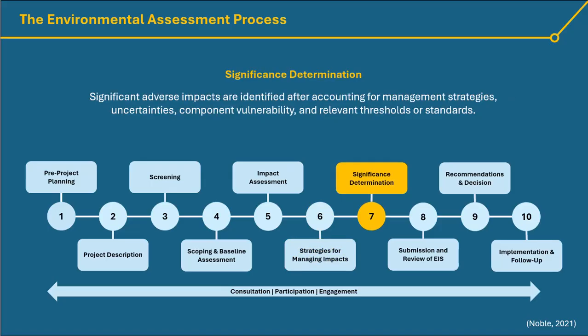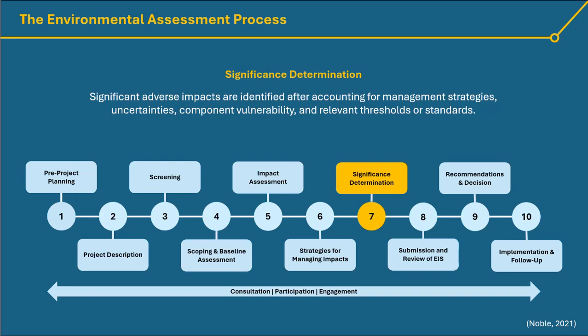So stage 7, right? Significance determination. Now, this is going to be one of the most value-laden and contested stages. Based on all of the data gathered, regulators are going to have to decide whether remaining impacts are significant. And really that term significant varies by jurisdiction. But for our uses here, it often considers things like magnitude, duration, frequency, whether or not impacts are reversible, and the public's concern, right?